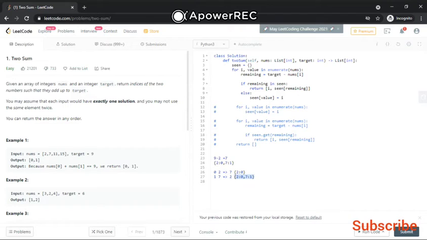In this iteration, we are checking whether 2 is present in the dictionary or not. If 2 is present, then we return from there, and we have the answer.